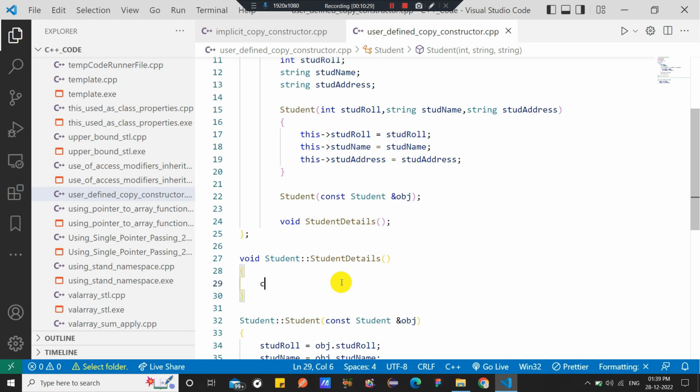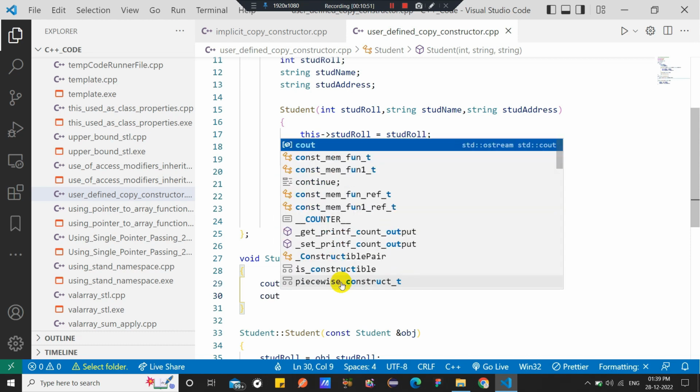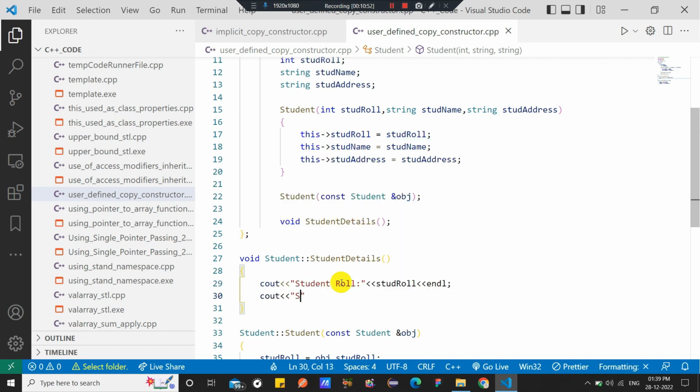Now cout student role, stud role, cout student name